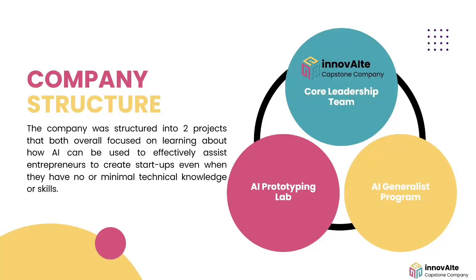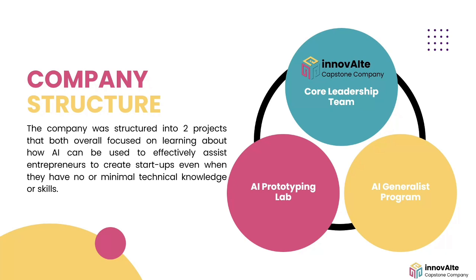The company was divided into two main sections. So we have the AI Prototyping Lab and the AI Generalist program. We'll go more in depth on those later, but the AI Prototyping Lab, in short, it's basically just trialing a wide variety of different AI tools, seeing which ones are better at what, how they differ from each other. The AI Generalist program was more so trying out AI tools in a wide variety of situations, a wide variety of use cases. So AI for research and development, AI for student success, stuff like that.